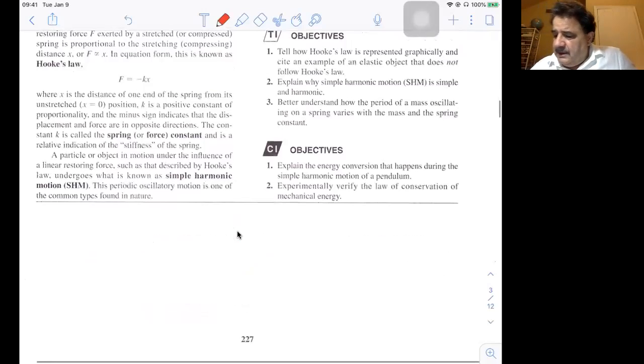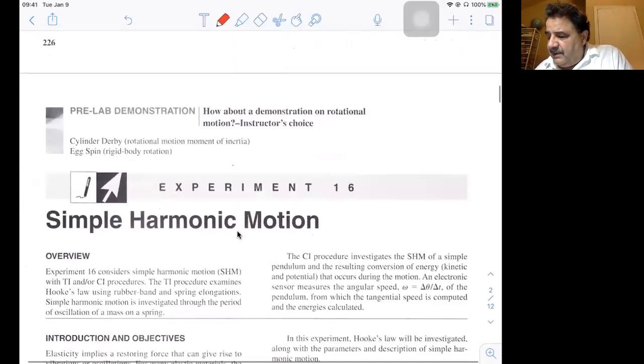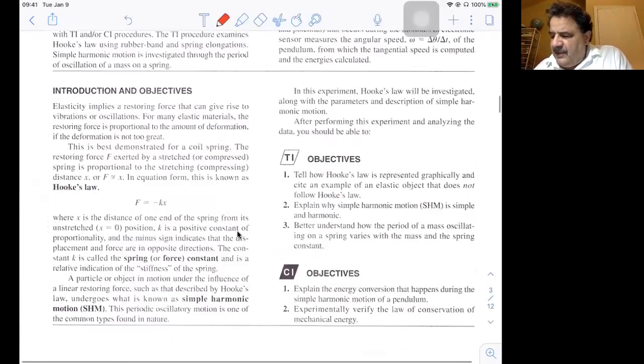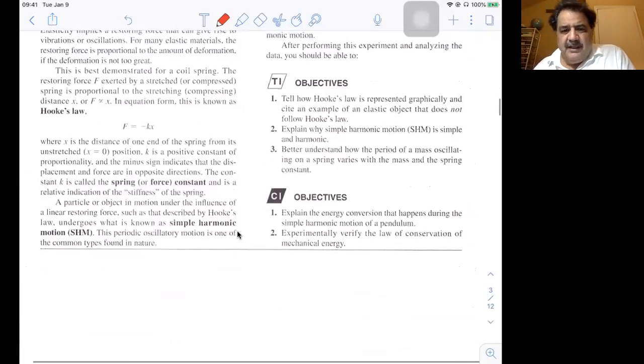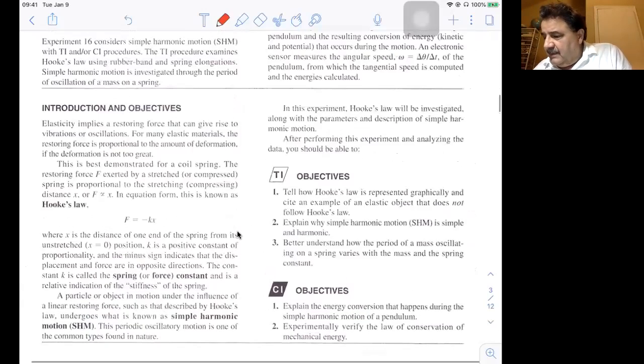And when the particle or object in motion under the influence of a linear restoring force, such as that described by Hooke's law, undergoes what is known as simple harmonic motion, and hence the title of the experiment, simple harmonic motion. I think sometimes in the lecture notes I abbreviated SHM, but